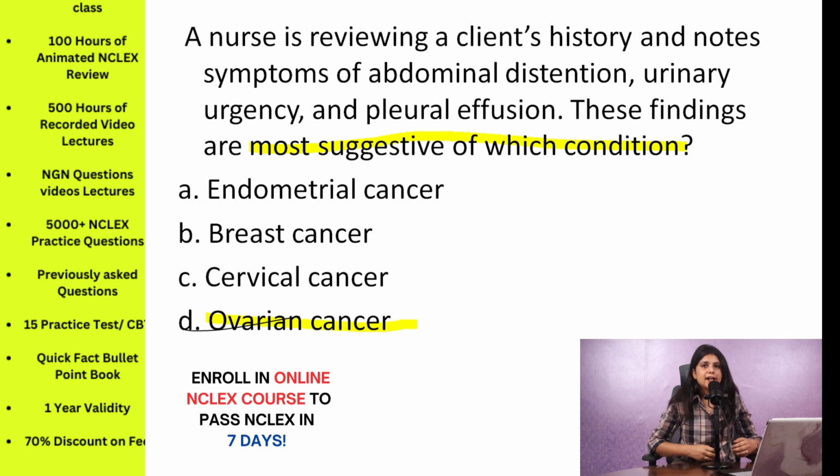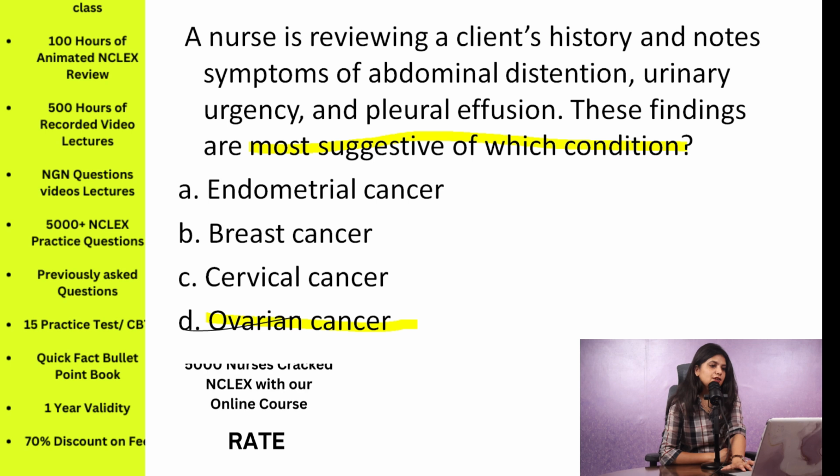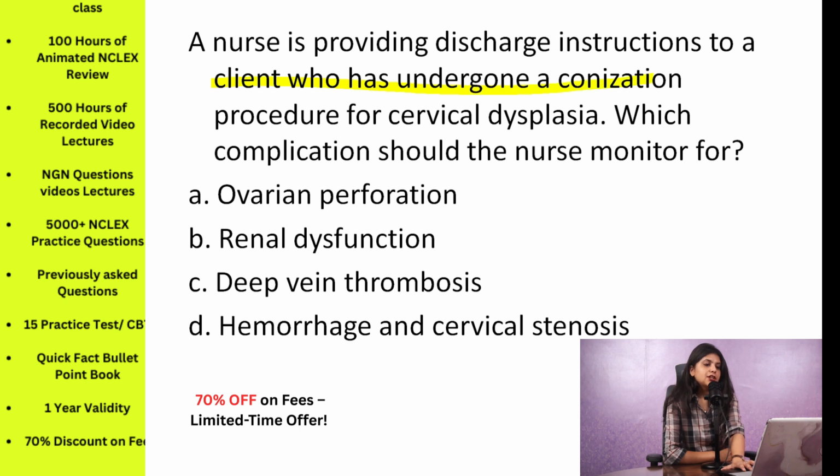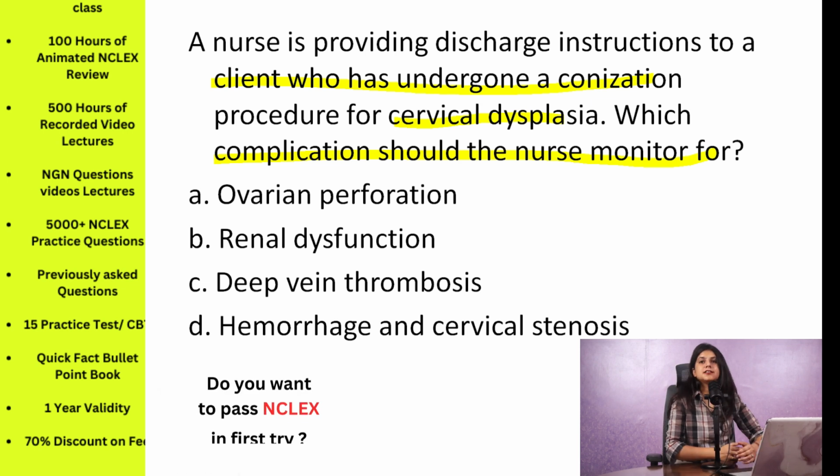Now, let's see how you'd handle this next challenge. A nurse is providing discharge instructions to a client who has undergone a conization procedure for cervical dysplasia. Which complication should the nurse monitor for? A. Ovarian perforation. B. Renal dysfunction. C. Deep vein thrombosis. D. Hemorrhage and cervical stenosis. Answer: